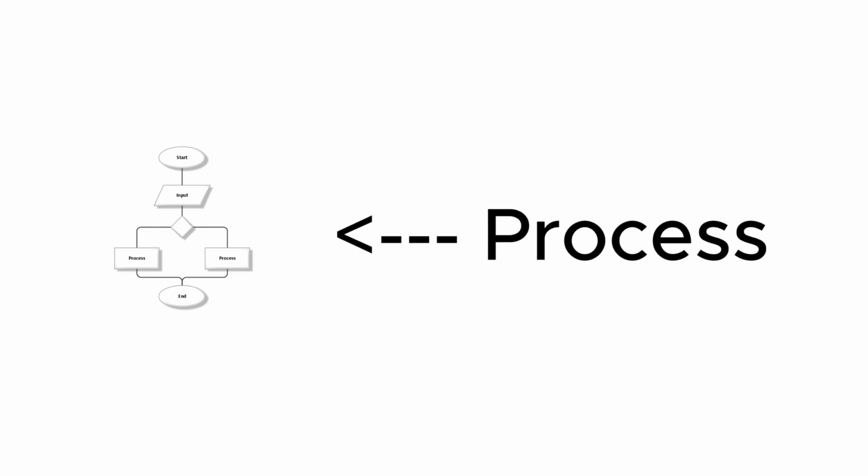So what is a flowchart? A flowchart is a diagram that represents a process, showing the steps as boxes of various kinds and their order by connecting them with arrows. It's a visual tool that helps you to map out a process or algorithm step by step, making it easier to understand and communicate.